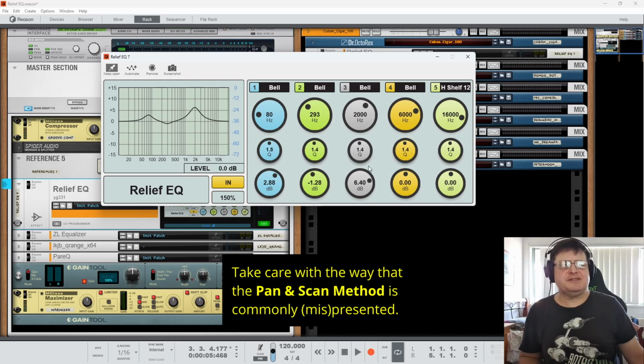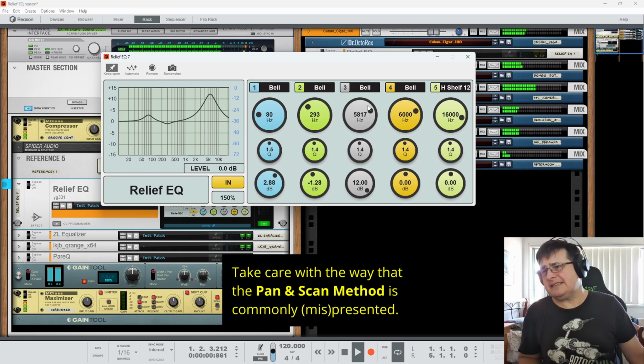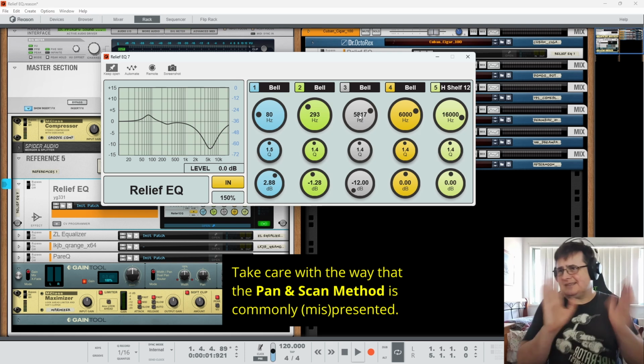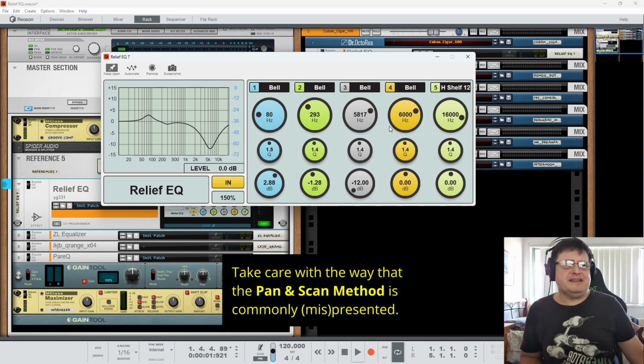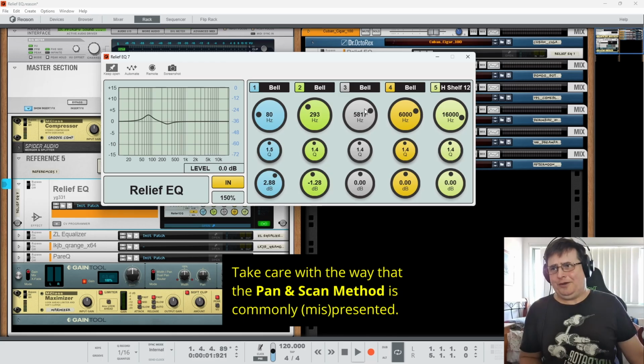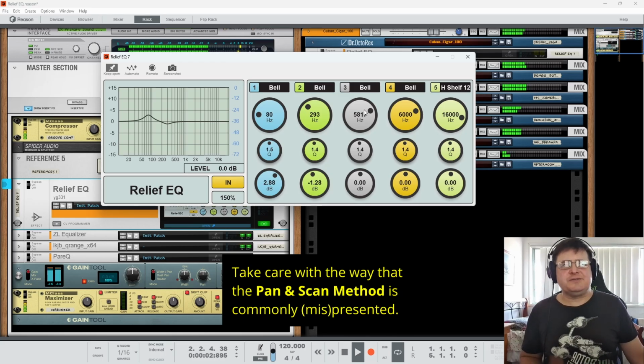There's this thing that sort of says, well, you do this and you look for nasty. It's all nasty. And that just leads to putting like 300 of these cuts, and you basically built a phaser. It's nasty, hard to let go of because you've done all the right things, but it's wrong. What we do is we listen and we go, okay, is there something that I think there's too much of? Definitely there's this